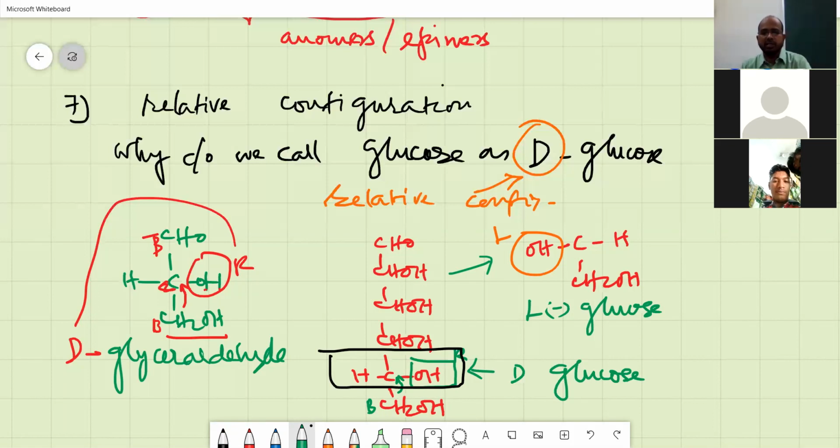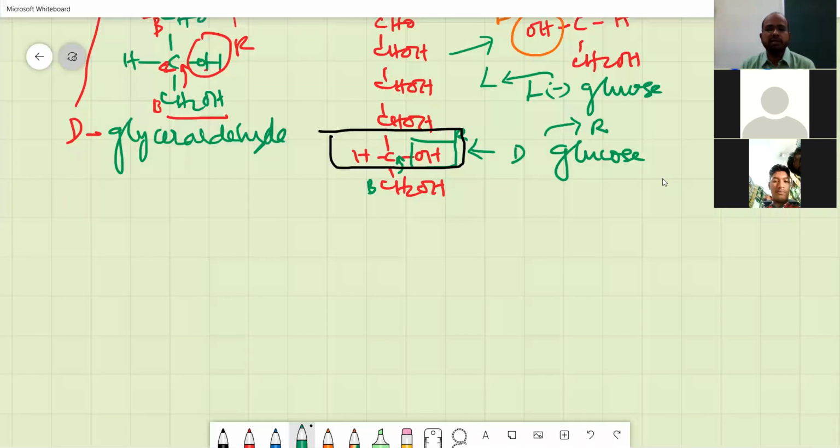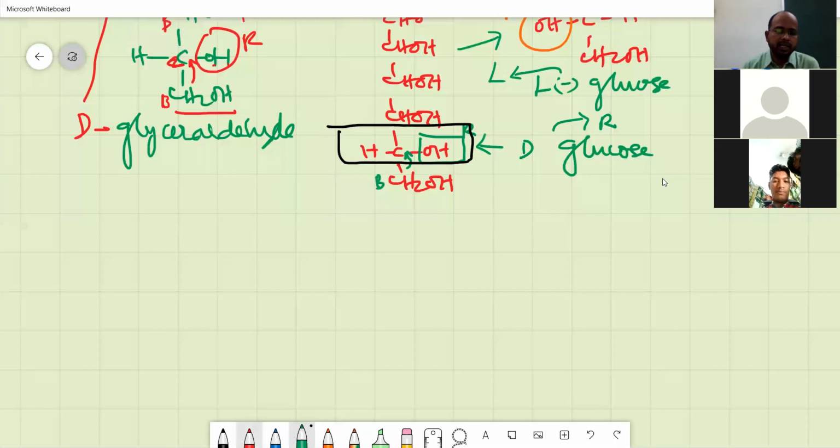So what happens is, comparing with glyceraldehyde, you are naming the structure. But in most cases, I'm telling you, the plane polarized light should be rotated to the right in the case of D-glucose, and to the left in the case of L-glucose. But what happens is, most of the time, it fails. So we have to go over to absolute configuration. I will tell you what absolute configuration is in my later class. So this is the seventh point, and in the eighth important point, we have seen conversions.